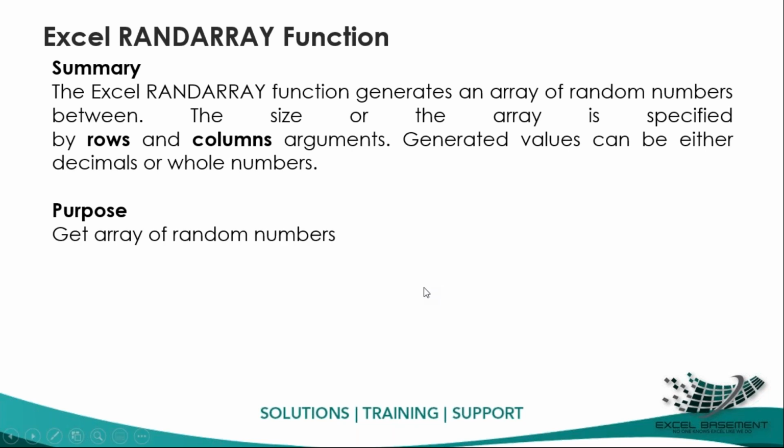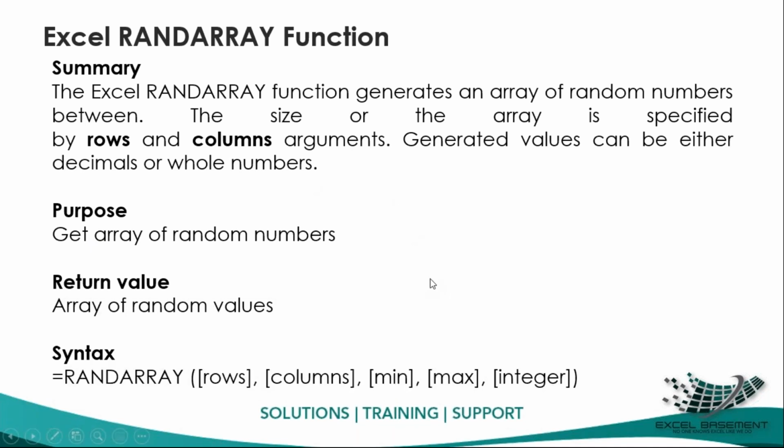The purpose of this RANDARRAY function is to get an array of random numbers, and the return value is an array of random values. If you are a traditional Excel user, you might have used the RANDBETWEEN function where you put the lowest and the highest number and it automatically generates random numbers for you. So this is a similar function, but it has a different utility, and we will have a